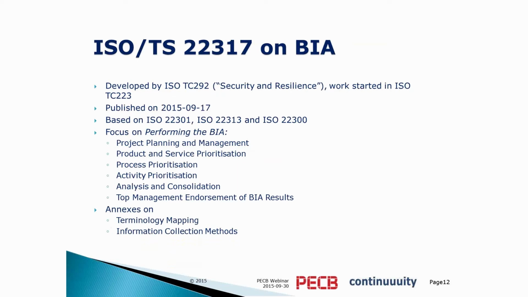Of key importance is the prioritization of products and services. It's the products and services which we as an organization provide for our customers. And I think it's easily understandable that in case of a business interruption, we have to make up our minds what are the most important products and services that our customers request from us, and what products and services can actually be put aside and stopped or skipped.